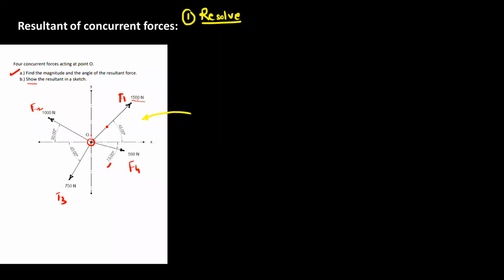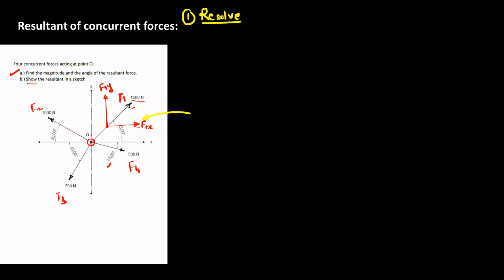Now F1, which is 1500, this is the net force. So draw the vector parallel to the x-axis; this is the x component. Draw the vector from this point parallel to the y-axis; this is the y component. Observe this direction; in the same direction we have to show these components. So this is your F1x and this is F1y.